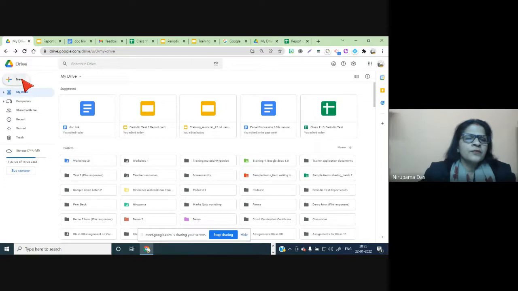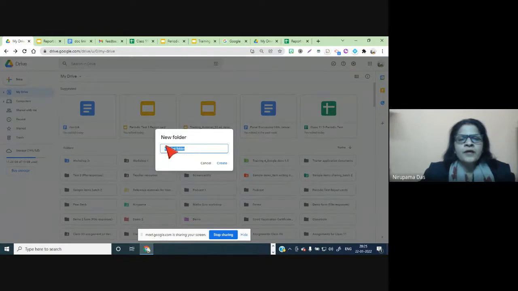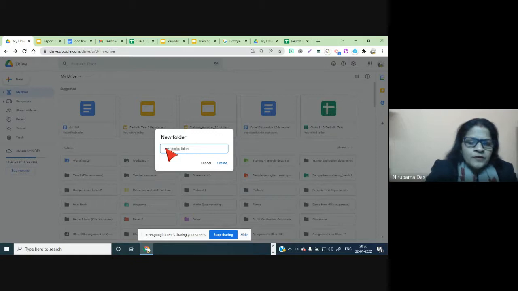You can go to New, then Folder. This window will open. Now new folder. Here I have already created a folder, Periodic Test report cards. If you want, you can take PT3 report cards. Just for demo purposes, I'm showing report cards.